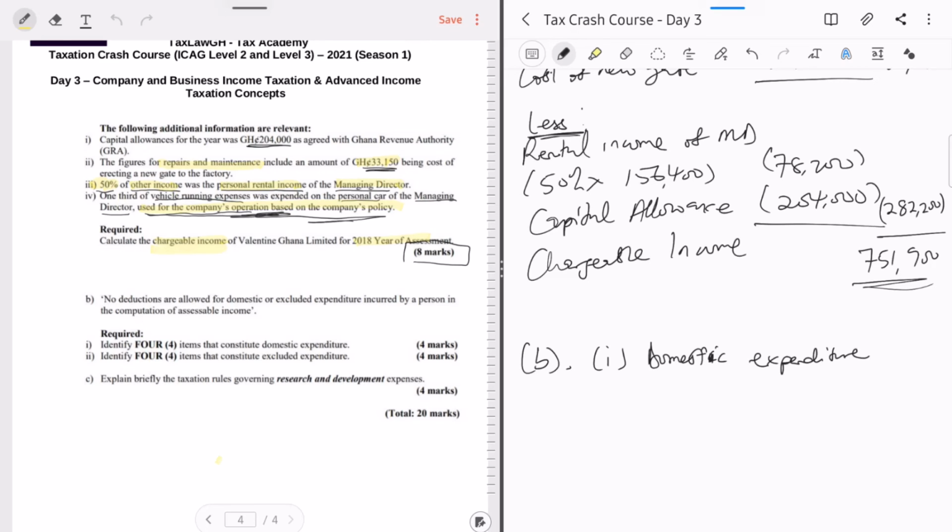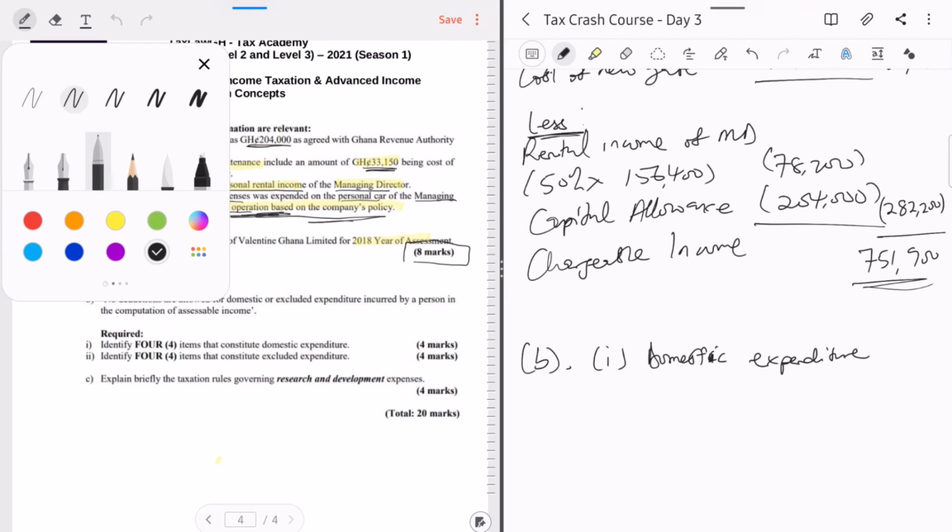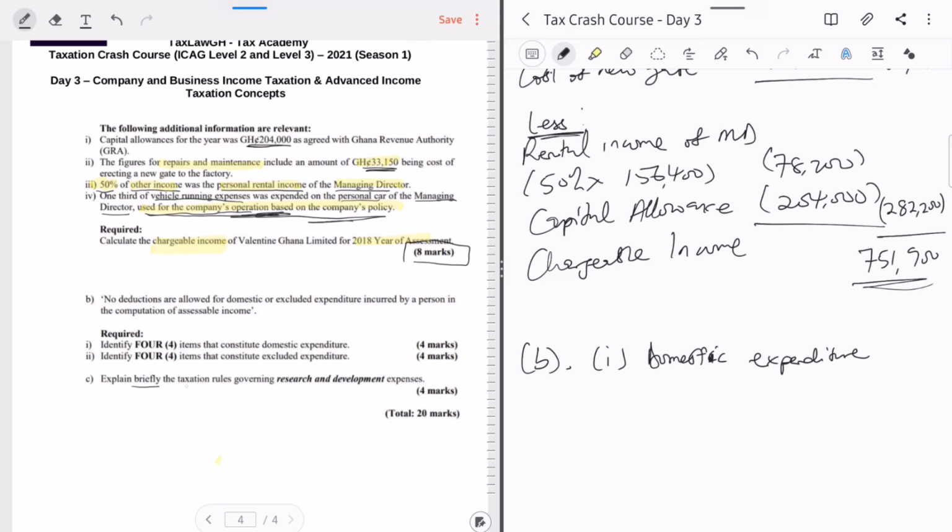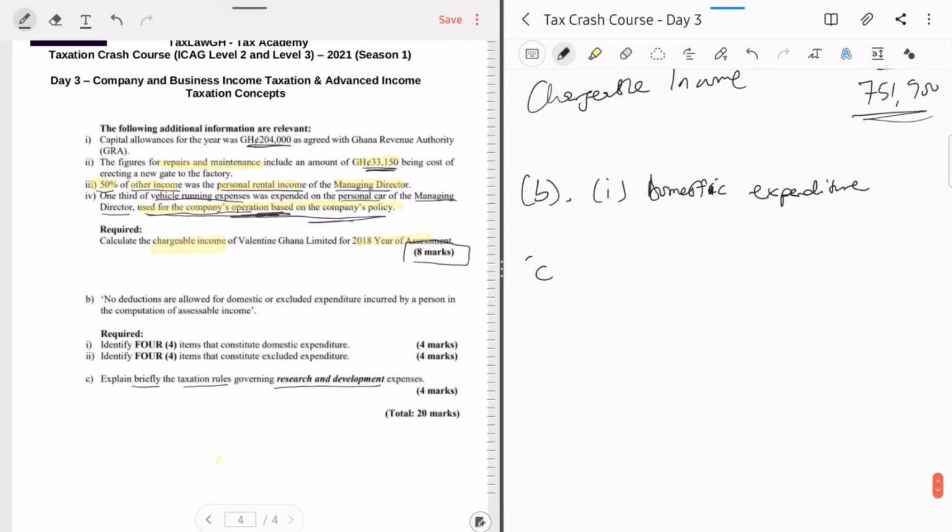Okay, final question, and then we can wrap up. It says, explain briefly the taxation rules governing research and development expenses, right? So what are the rules for R&D? So this is for research and development,